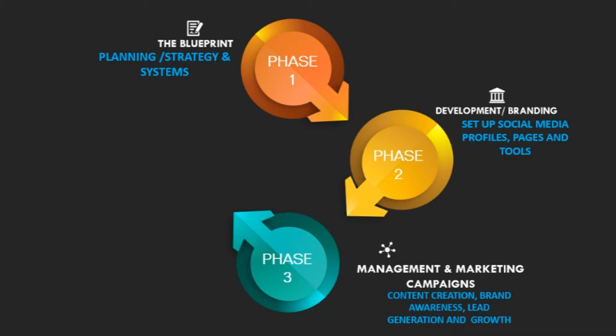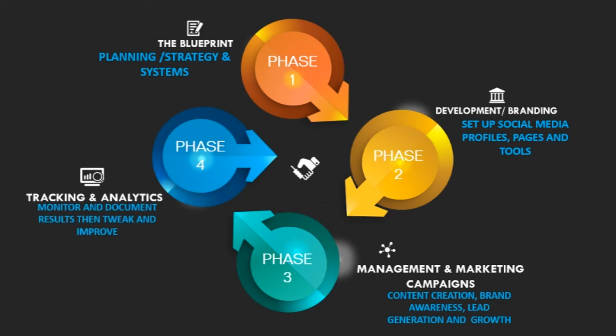And at this point, you've set up the social media profiles and pages. You begin to create brand awareness with the kind of contents you create, because you now know what contents resonate with your target audience. Basically, with the automation tools you have, it can pretty much automate your posts. It can automate your content creation and curation on the social media platforms, and you're basically creating brand awareness and generating leads and growing their brand at this phase. And the last but not the least